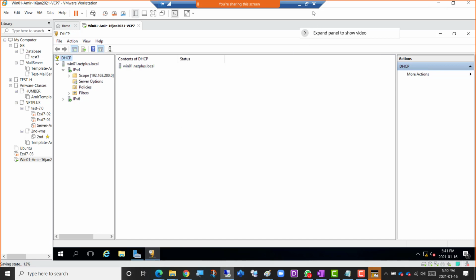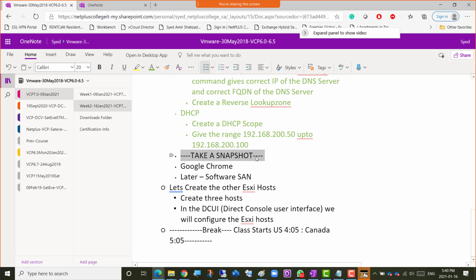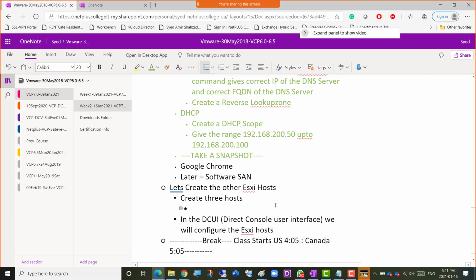So if we go back to this, we've reached there, and we're pretty much done with the take snapshot as well. We're going to install Google Chrome, but let's go for the ESXi hosts as well and deploy them one by one. That's the Photon-based OS, which is VMware proprietary OS for hypervisors. So we're going to go ahead and deploy the 3 hosts. So create 3 hosts, and the subtasks for that are: give 4 GB RAM each